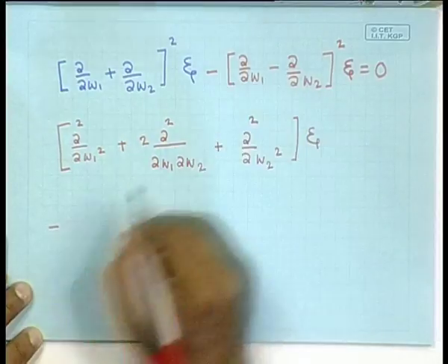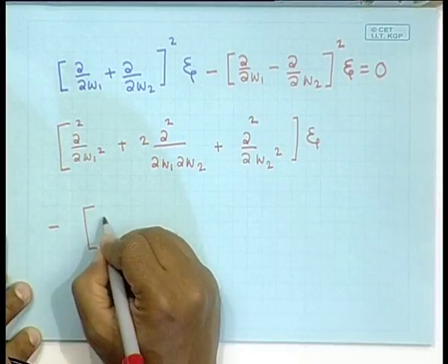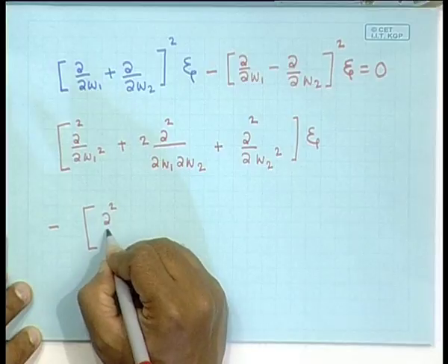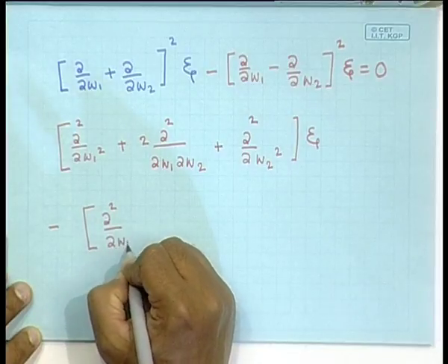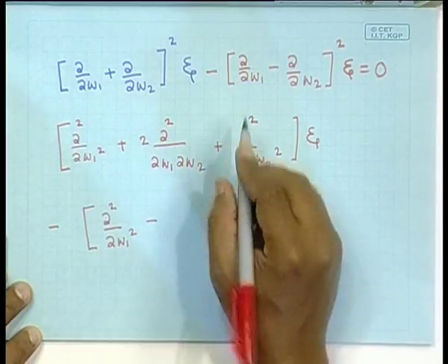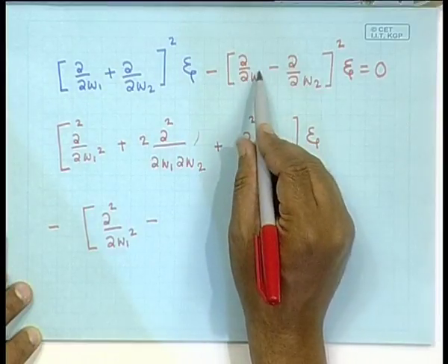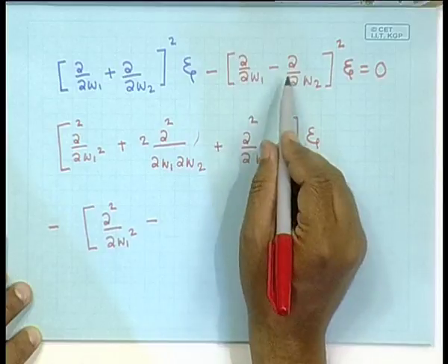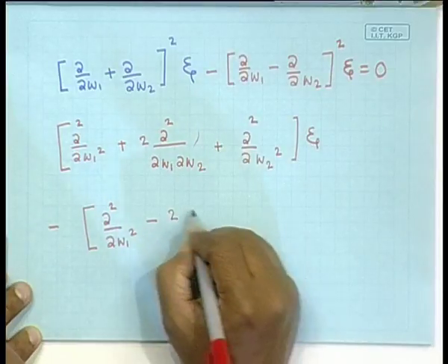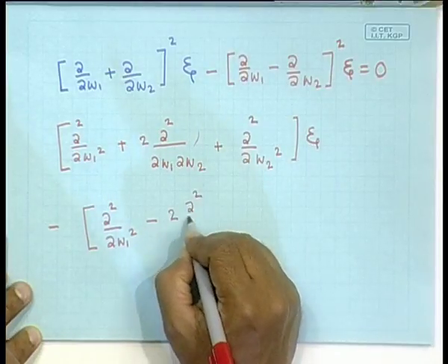Minus, now when I square this, I will get the same thing as this, but with an extra minus sign, because there is a minus sign over here. So I will have minus 2 del square